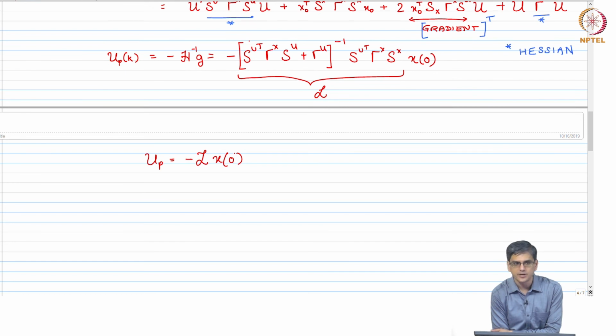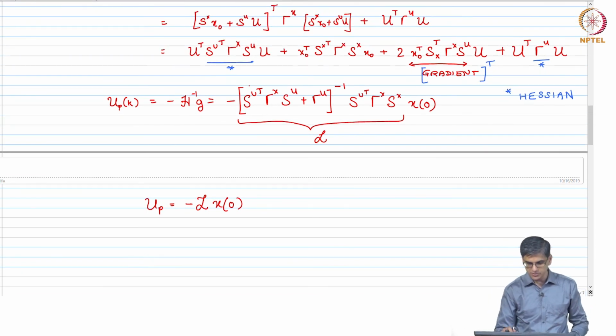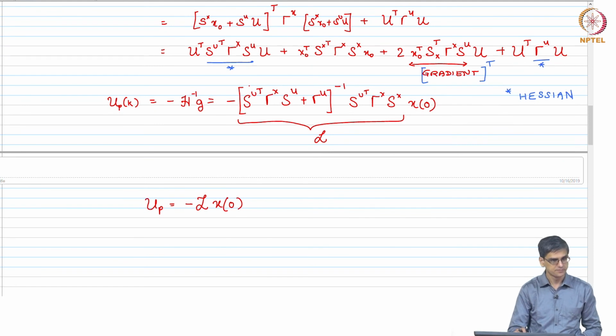And that is essentially how you can actually do LQR. Nobody will do LQR this way. Why? Because it is extremely expensive computationally to calculate LQR this way. And the big breakthrough was again due to Kalman. He used what is known as the Bellman principle in order to have a recursive computation of L.